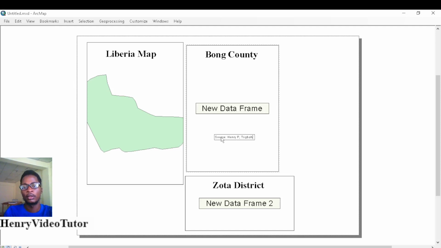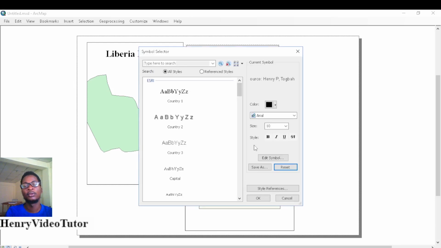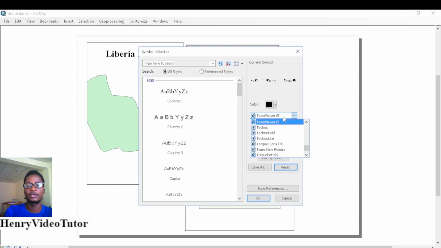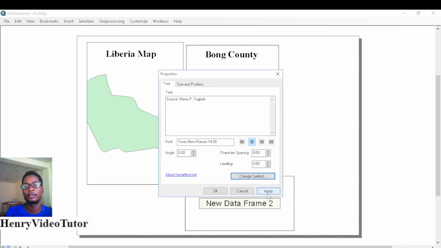Okay. All right. So here, to modify this, you double click on it. Again, you go to Change Symbol to modify the writing of your title. So I select Times New Roman as my writing style. Then I choose 14, and I can make it italic and bold. Click on